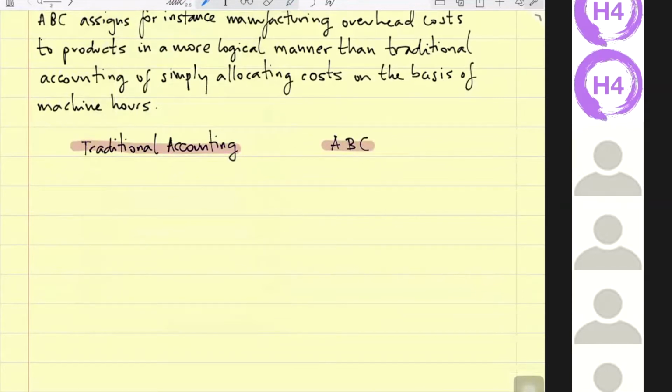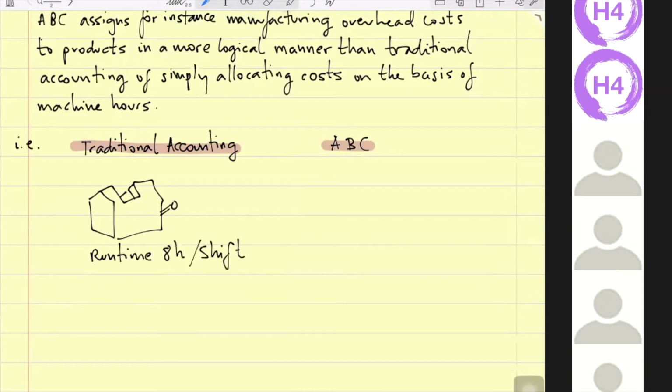An example: if you have one machine that runs, let's say, a runtime of 8 hours per shift, and you have an overhead cost of 100 euros per shift, then you get